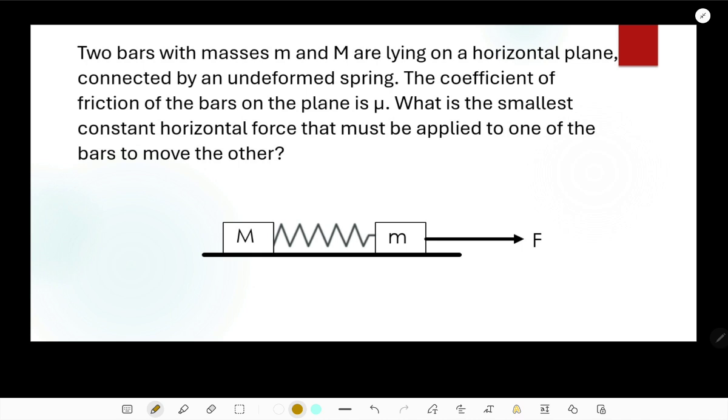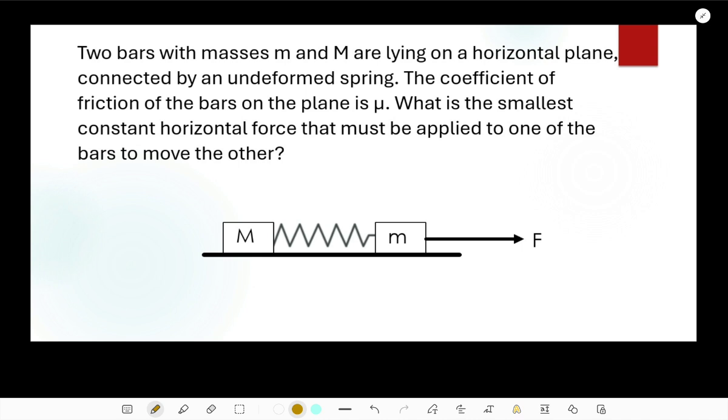You can see there is a problem. This says there are two bars with masses m and M, lying on a horizontal plane, connected by an undeformed spring. The coefficient of friction of the bars on the plane is mu, not mu1, mu2, but it doesn't matter. What is the smallest constant